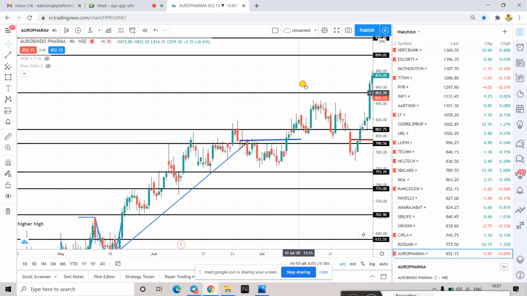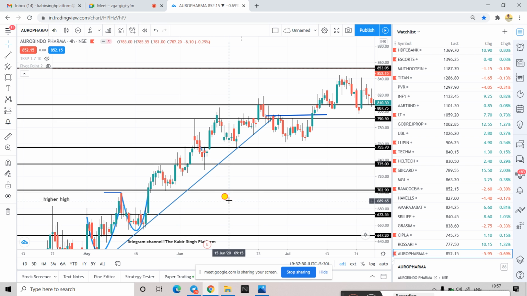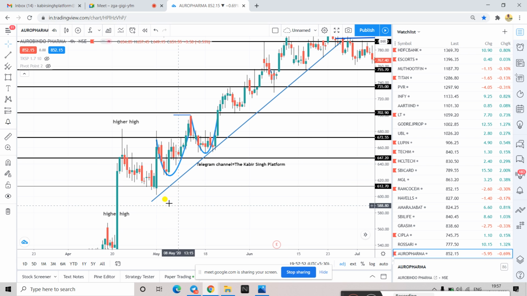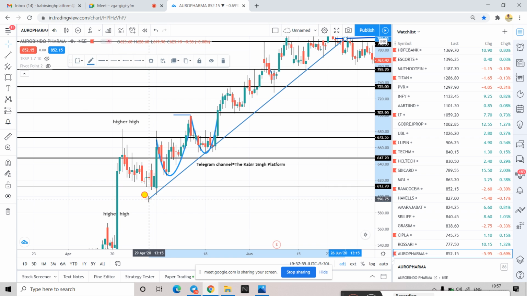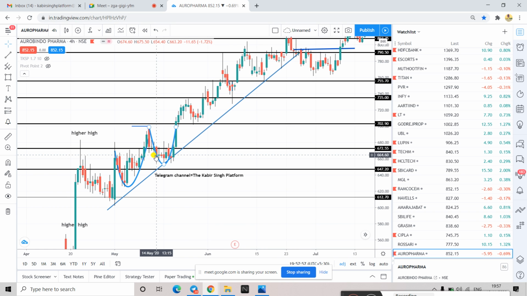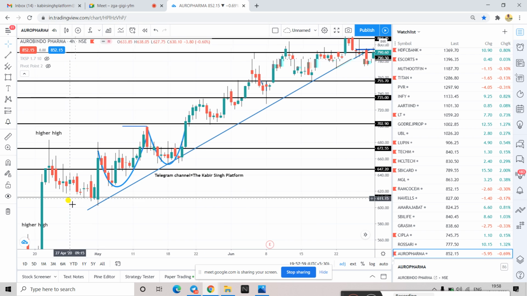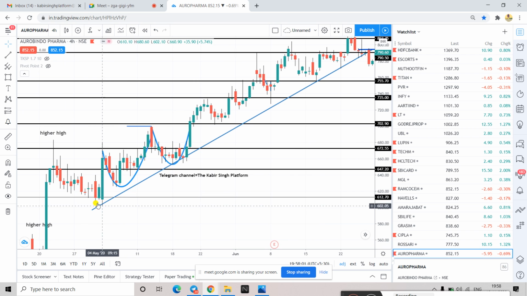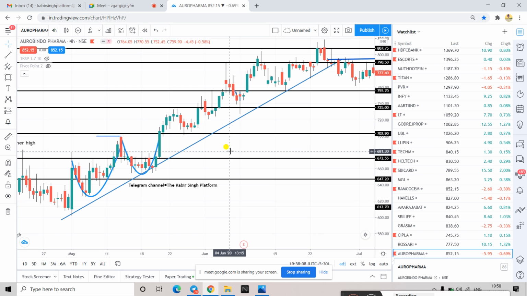Okay, so now if you see here, this is a trend line, right? Is it a trend line or not? There are two touch points. It's a clear trend line. So this is one touch point and this is one touch point, and see it has reached